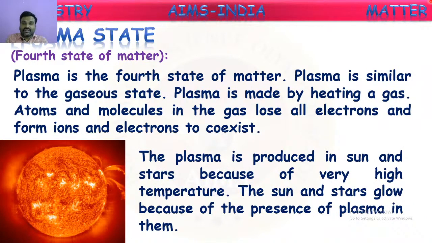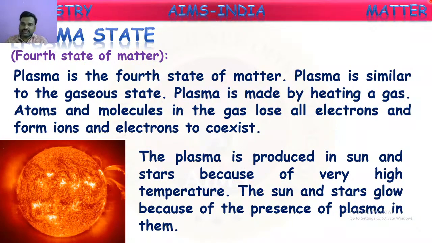So we came to know one point here. The sun and the stars are made up of certain gases. Do you know what gas is existing in the sun? Yes, it is hydrogen gas. Hydrogen gas is present in the sun. So this hydrogen gas will be slowly converting into helium form. That reaction we call a nuclear reaction. About that we are going to learn in the higher classes.